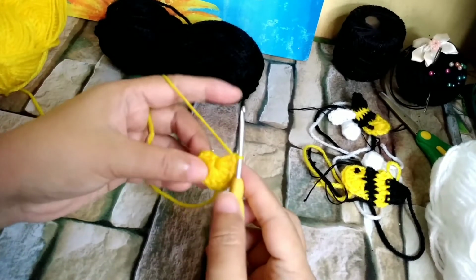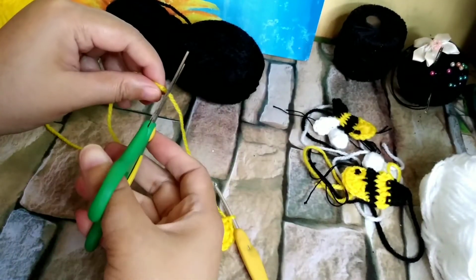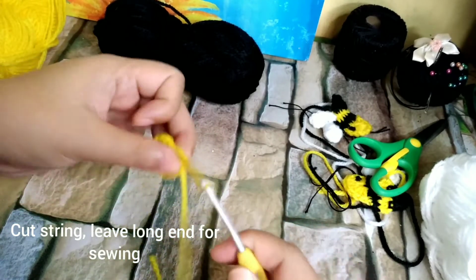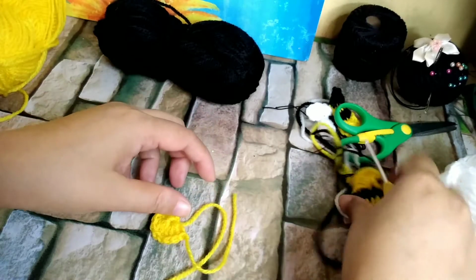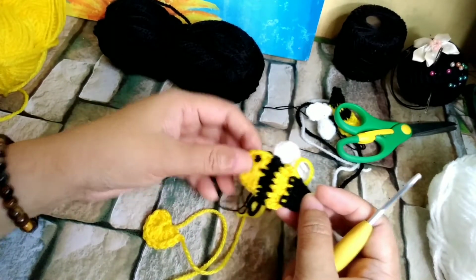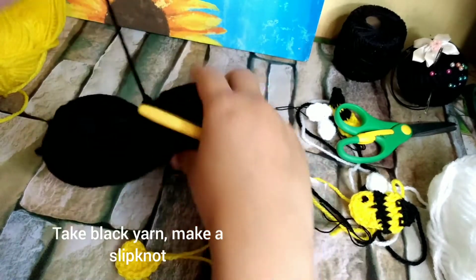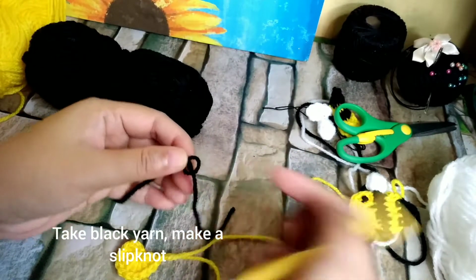Now that we have that snout part of the bee, we can just cut our string and then fasten off. So the next thing that we need to do is the lines of the bee, which interchanges between black and yellow. So now that we are here, we're gonna incorporate the black color. So we're gonna need to make a slip knot first,